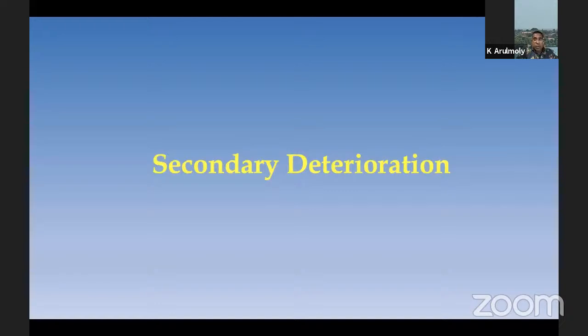So pulmonary embolism is also a cause for secondary deterioration. So what are the investigations? This is important. You must do certain investigations if there is no improvement in the clinical outcome after the first or second day. Mind you, if you start dexamethasone, there will be some improvement by the second day. Even with one dose, the patient will get some improvement. If there is no improvement after the second dose, you must think about other causes